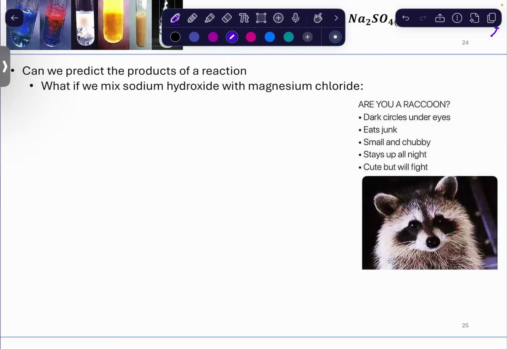Okay, so that means, what is sodium hydroxide? Magnesium chloride. Each chloride is a -1, so magnesium has to be a +2. It's in the second column. Sodium is a +1. It's in the first column of the periodic table. And then our hydroxide is a polyatomic at a -1. So that means we're going to be mixing magnesium chloride